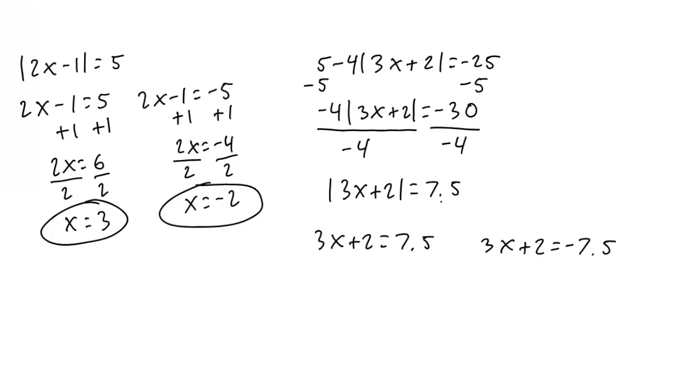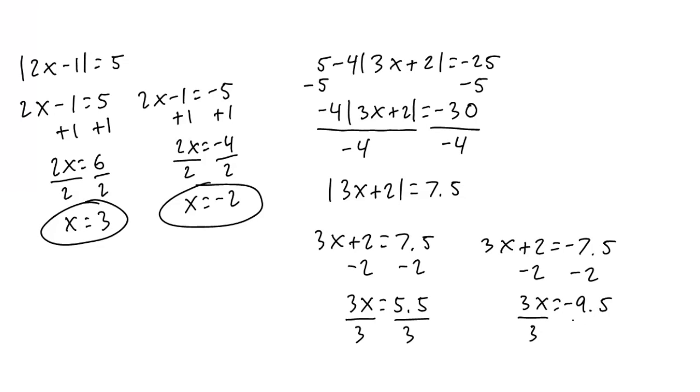By the way, if you wanted to put this as 15 over 2 instead, that's perfectly fine. If you want to leave it as a fraction, that's also okay. Subtract 2 from both sides, and that'll give you 3x equals 5.5. Over here you'll get 3x equals negative 9.5. You can do them at the same time or different times. You're doing the same process, just with different numbers. Divide everything by 3. And that will give you